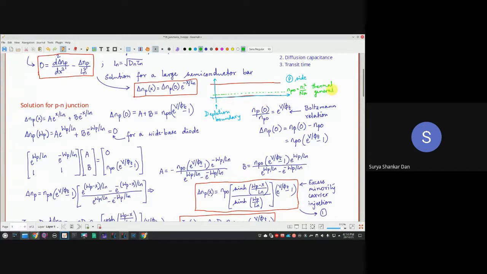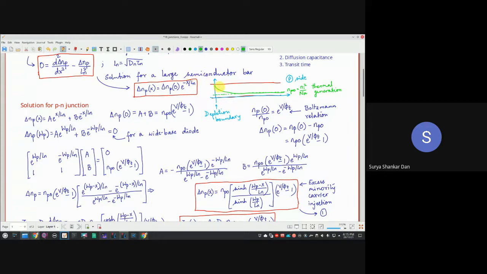So the electrons, which are the minority carriers in the p-type semiconductor, the p side of the diode, electrons which are in the p side, which are generated because of thermal generation, n_i square by N_a, that is n_p0. Now there will be some electrons which are somehow going to go past this depletion region and they will essentially die out like that. What is this form? This is an exponential form, which we have already seen in our previous lecture.